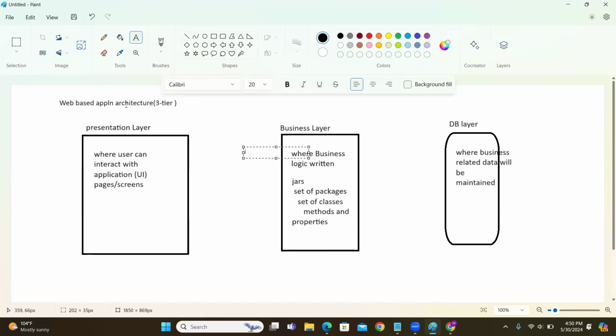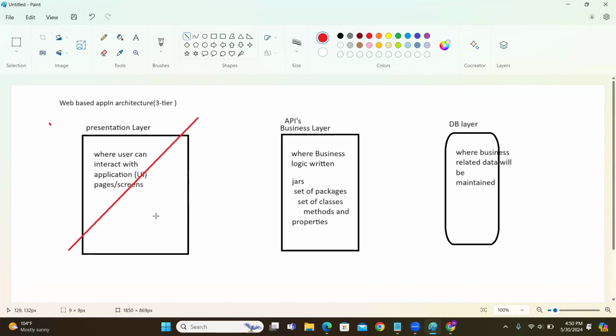Now, so this is the presentation layer, this is the business layer, this is the database layer. So this business layer, where the logic is implemented, we are going to call APIs, also application programming interface. Now, what they're saying here is, when you talk about the WebDriver, it doesn't have screens like